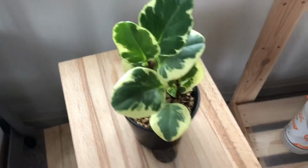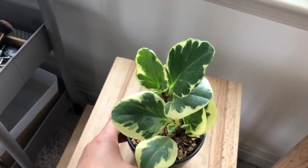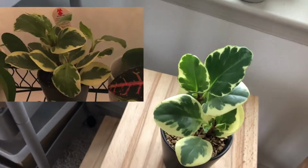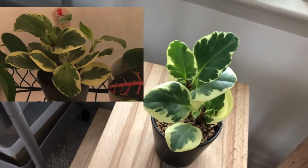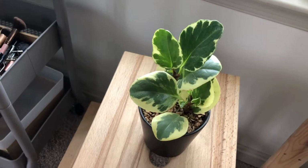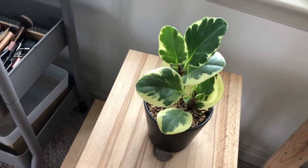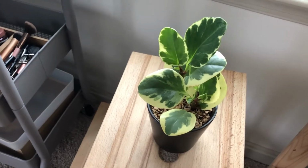This is my Peperomia obtusifolia variegata. I got it from Lowe's, I think. It was in the worst condition when I got it. It was overwatered, it had root rot, and by the time I got it home, it got fungus gnats from another plant, I think. In order to treat it, I tried to water it with hydrogen peroxide mixture and then